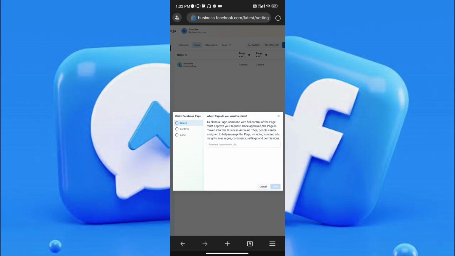By the way, to claim a page, someone with full control of the page must approve your request. And once approved, the page is moved into this business account, and then people can be assigned to help manage the page, including contents, ads, insights, messages, comments, settings, and permissions. And right below that information, there will be a text box in which you can type in the Facebook page name or URL. Let's go ahead and type